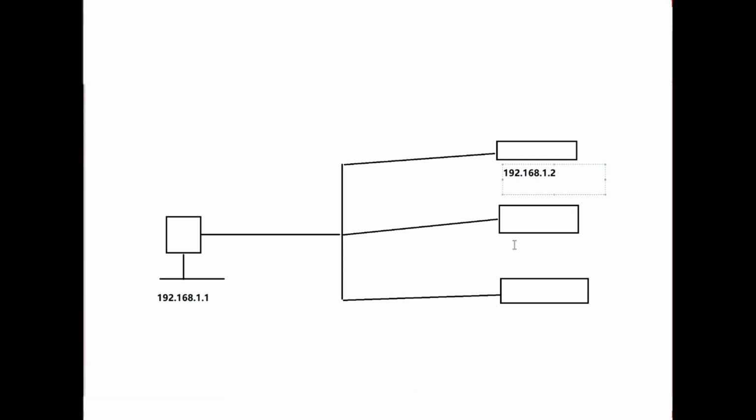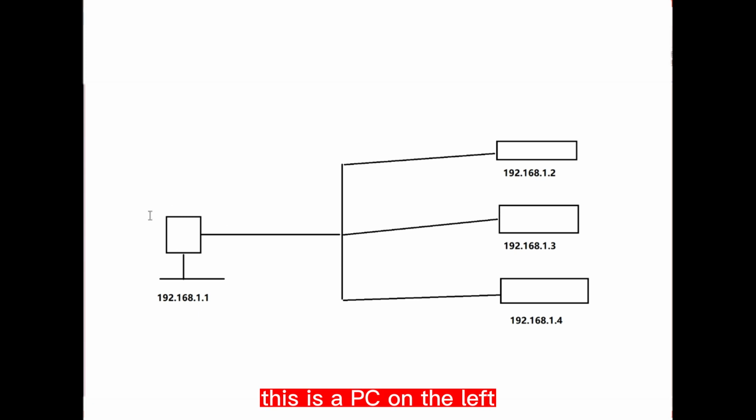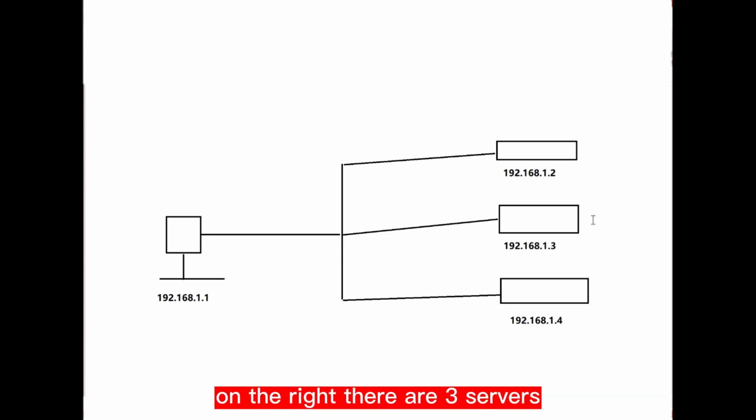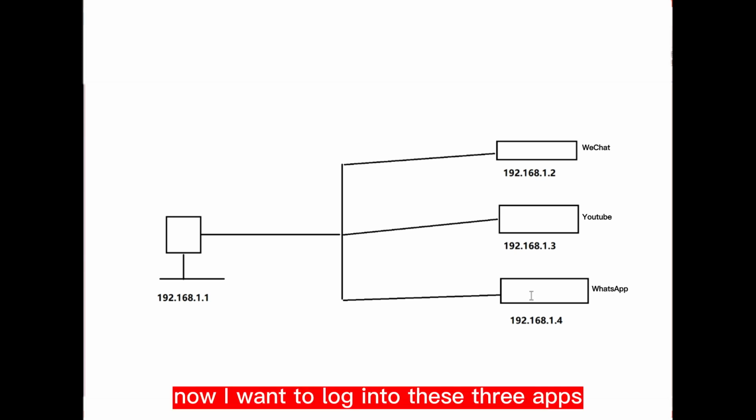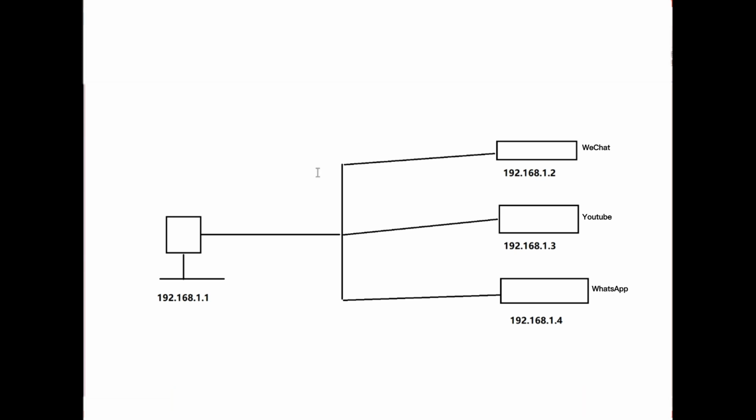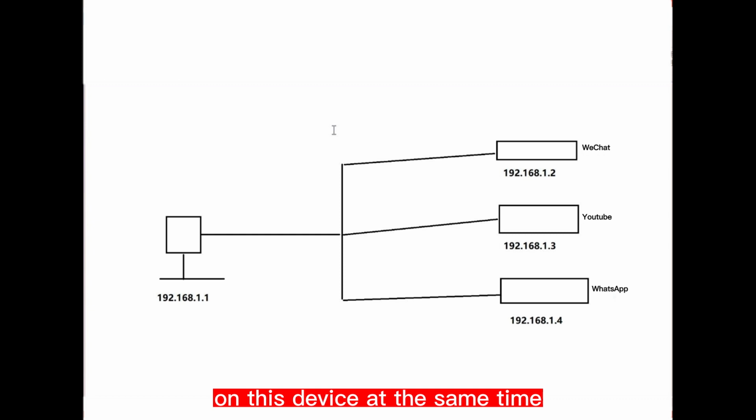In fact, Cisco content designs the overall curriculum. For the transport layer, very little is said in the NA stage. But I think if we don't talk more, you may not understand. So let me explain in detail. This is a PC on the left. On the right there are 3 servers. Suppose this is WeChat. This is YouTube. This is WhatsApp. Now I want to log into these 3 apps on this device at the same time,